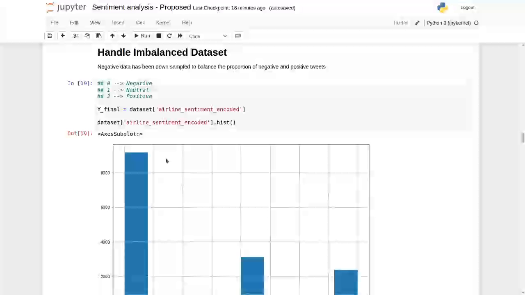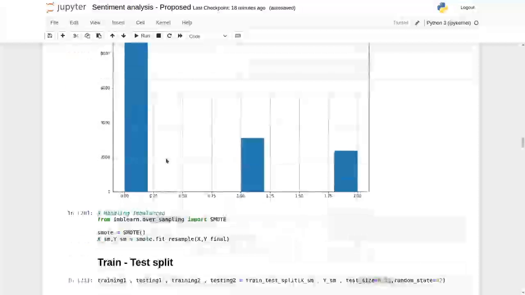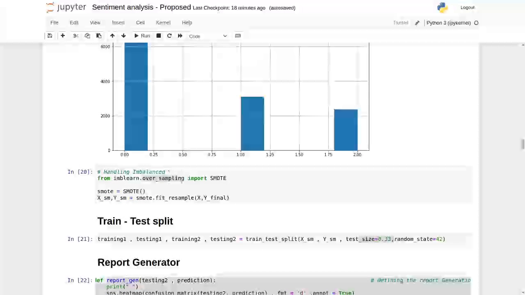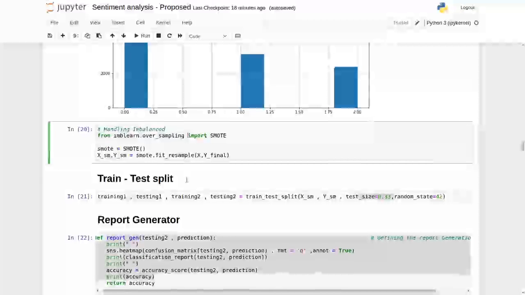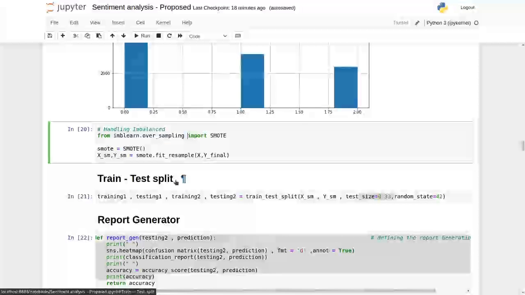After vectorization, I have handled the imbalanced dataset. For balancing, I have used SMOTE, oversampling the data. After handling the imbalanced dataset, I have split the data into two parts, a training dataset and a testing dataset.